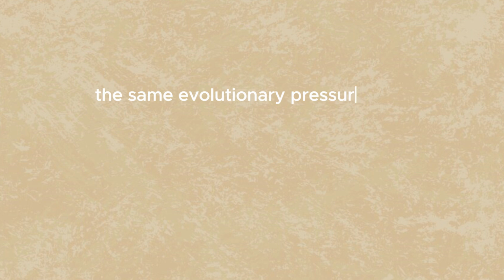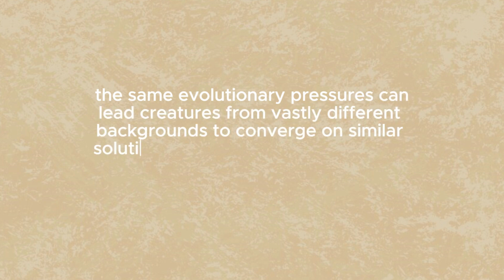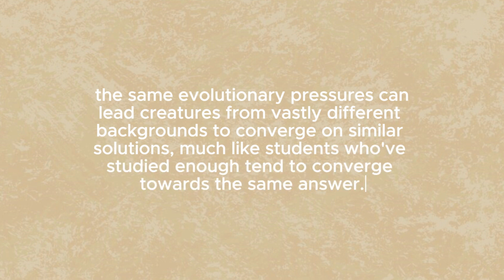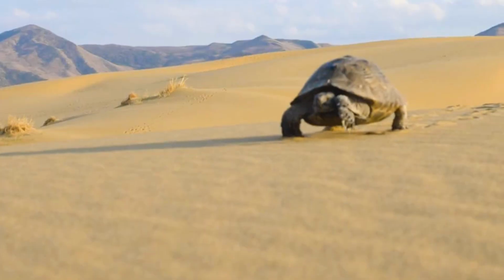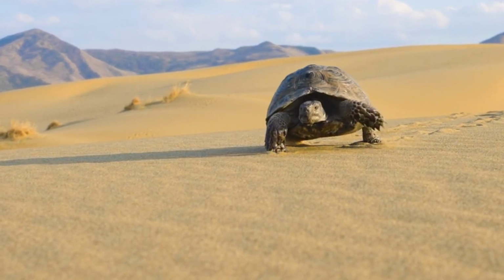So what have we learned today? We've seen how the same evolutionary pressures can lead creatures from vastly different backgrounds to converge on similar solutions, much like students who've studied enough tend to converge toward the same answer. Each of these animals, in its own era and environment, independently developed turtle-like armor as a defense against predators and environmental challenges. Convergent evolution, as we've explored, shows us that while life on Earth is diverse, the solutions to survival